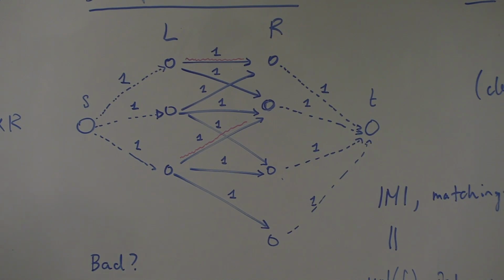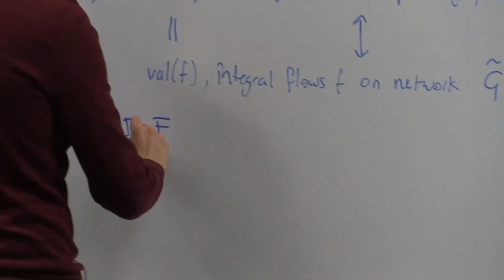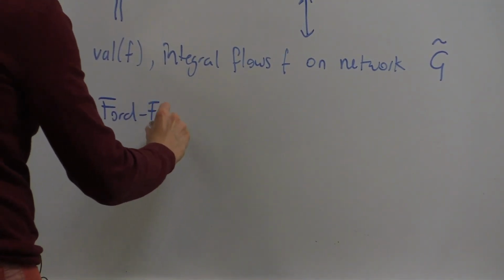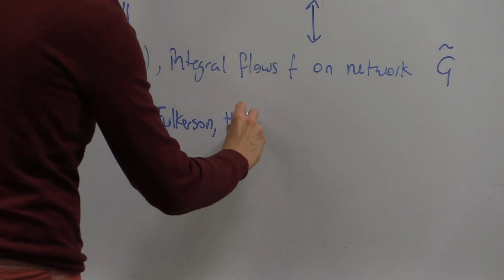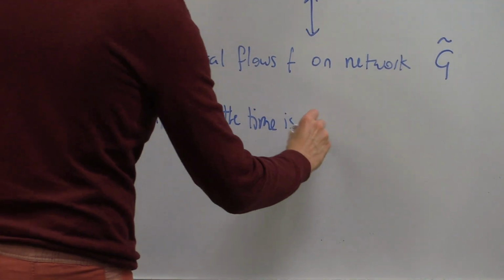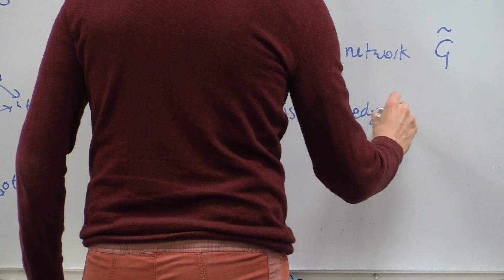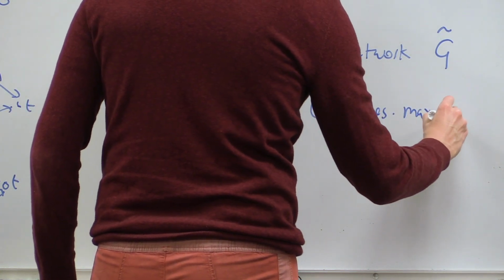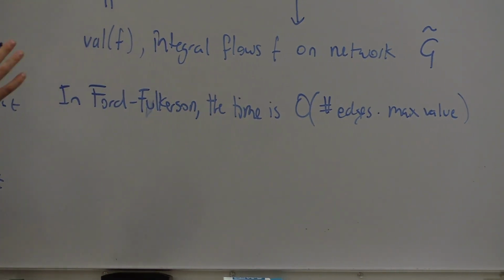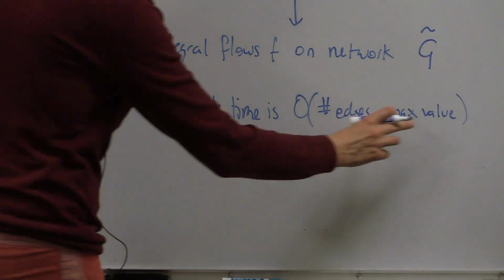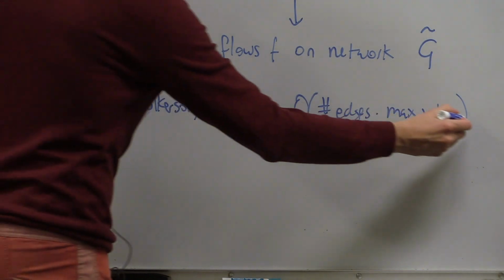A small technical note: in Ford-Fulkerson, the algorithm we saw in class, the time is the number of edges times the maximum value of the flow. And we remarked that this is not quite polynomial time. It is weakly polynomial time because the maximum value of the flow could actually be exponential in the input size. But in this case,